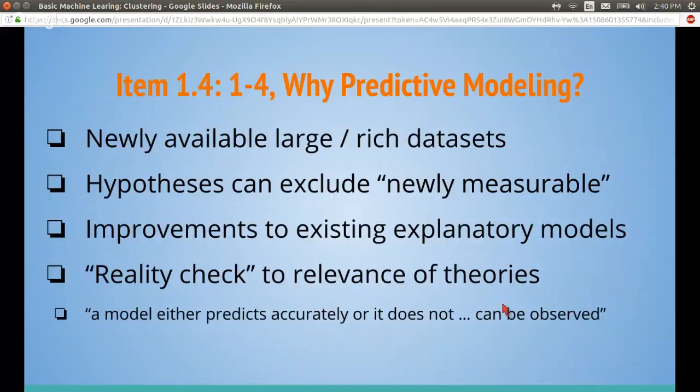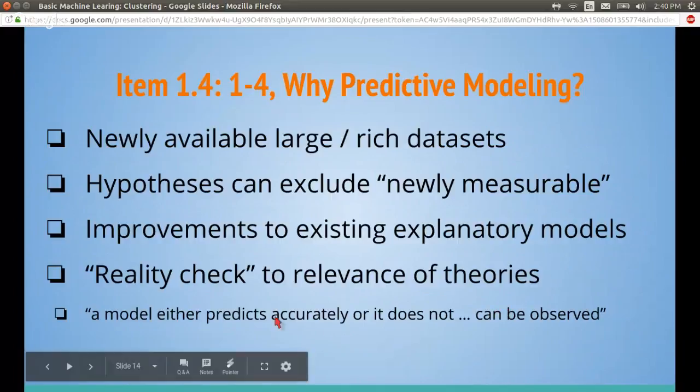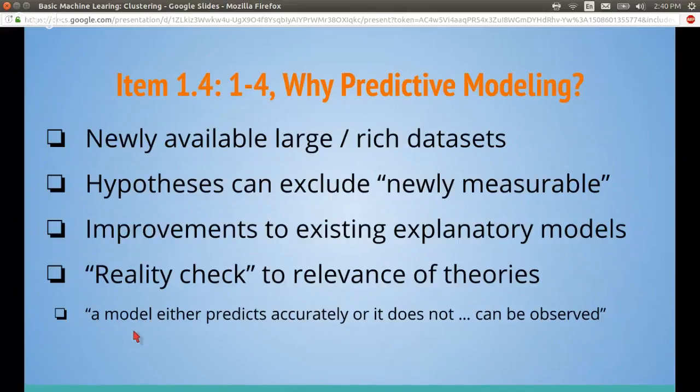I mean, there is some crossover here. But I like his line here from the paper: a model either predicts accurately or it doesn't, and that can be observed. I should present this next month. If you're familiar with confidence intervals, they say we know with 95% confidence that X, Y, and Z is true. Well, that means that 1 in 20 times you're wrong. So there's kind of a joke that 1 in 20 published papers is wrong, because if every published paper has a 95% confidence interval, then 1 in 20 will sneak in there.